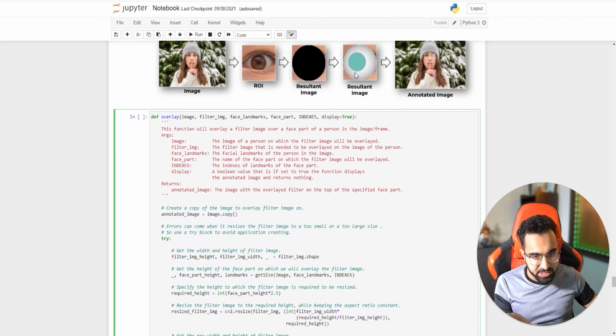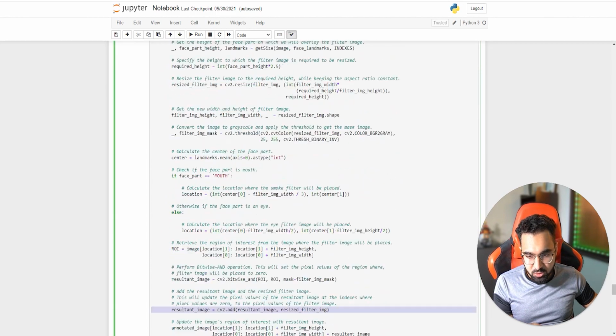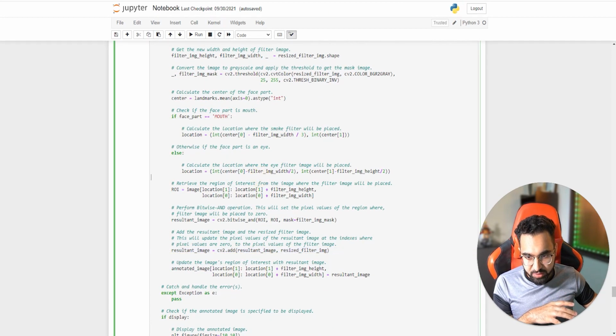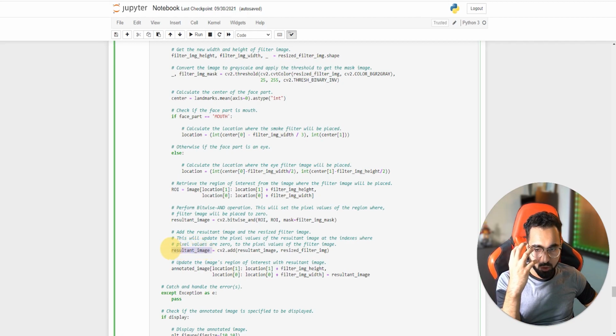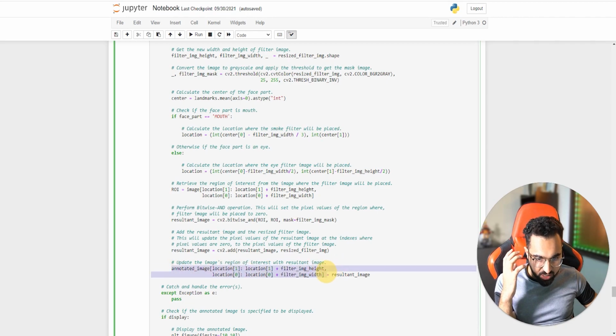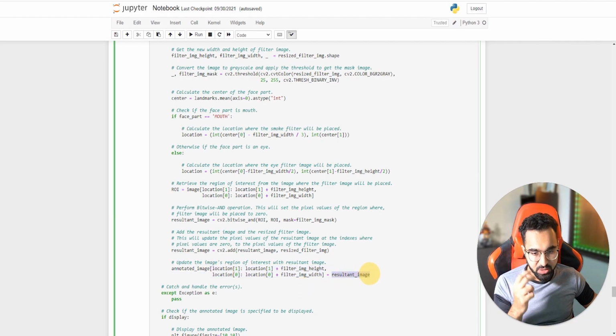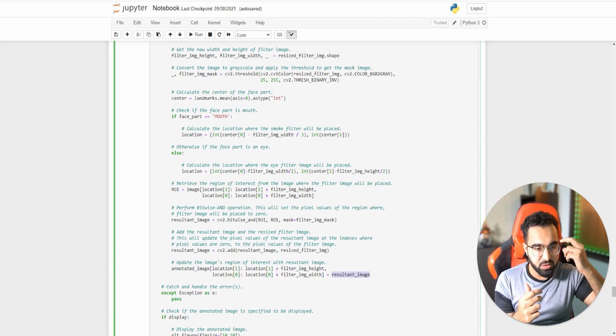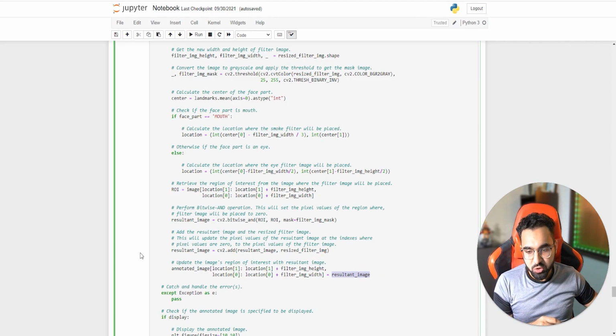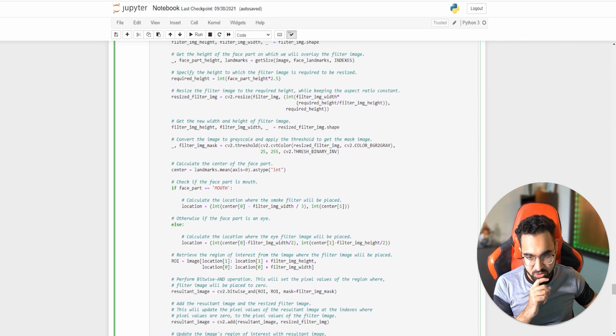So this image, which is the complete image, all I need to do is replace the original part with this part. That's what's remaining here, and that is exactly what I'm going to do. Once I have created the final box ROI, which contains the eyeball, I'm just going to take the original image and replace that particular part, the part where the eye is present, with the resultant image. This is the resultant image which I just created by merging the original part of the eye with the eyeball.